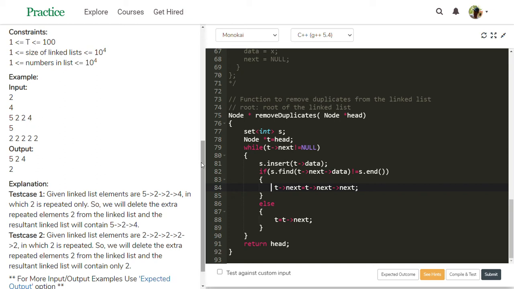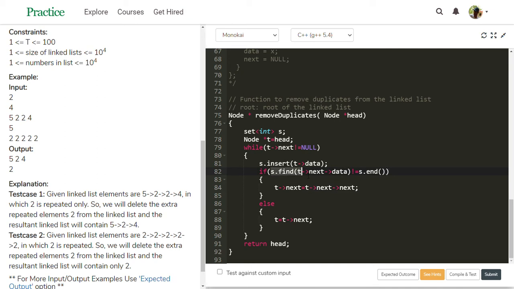Then s dot insert t data. T data is once again 2 now because we didn't move from this 2. So once again 2 is entered into the set, but only one 2 is there.